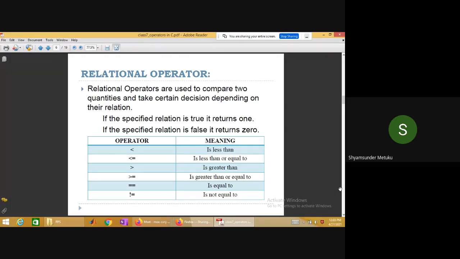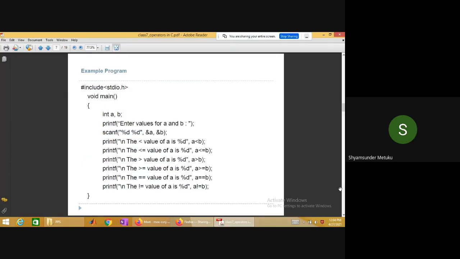And at the end, when you start writing programs, if you know which operator must be used at what point of time, I think programming is very simple. Unless you practice more and more programs on the various operators, you will not be able to understand when to use what type of operator. So I want all of you to remember and practice at least 5 to 6 programs on each type of operator. Now I'm giving the result of verification of the relational operators here.